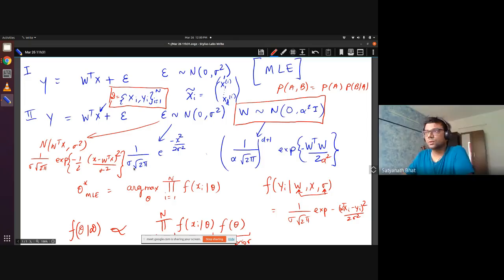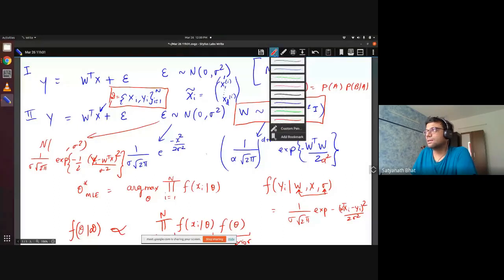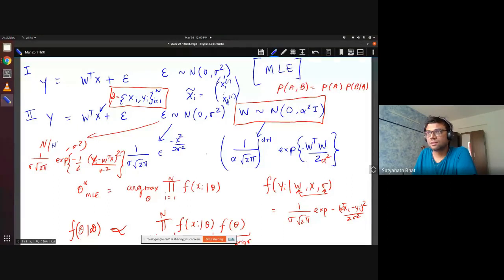Yes, sir. Okay, so I made some mistake here. So this will be yi minus W transpose X. I can understand what could be causing the confusion. Let us say the mean is W transpose X. Okay, so let me write in a different color. The mean is W transpose X, but the X is not the variable which is random. Yi is the thing which is random. Because it's just a mean, it's just a number.